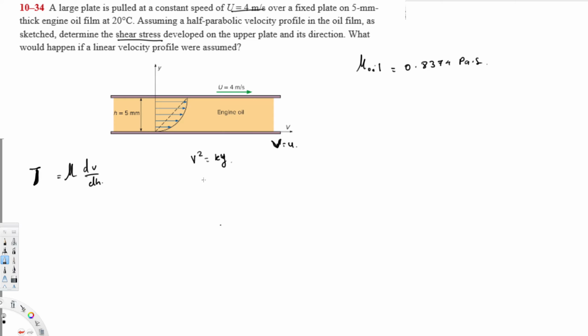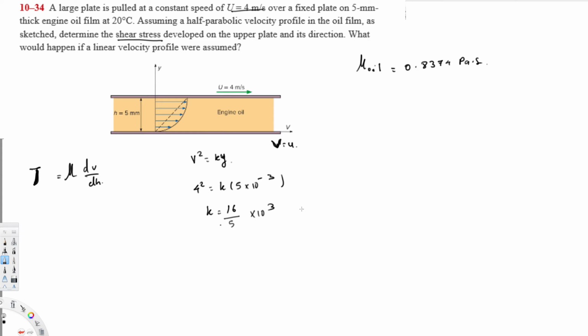So we have 4 squared equal to k times 5 times 10 to the power of minus 3, because it's in millimeters and I had to convert to meters. So this is going to be 16 over 5 times 10 to the power of minus 3, and that's going to give us